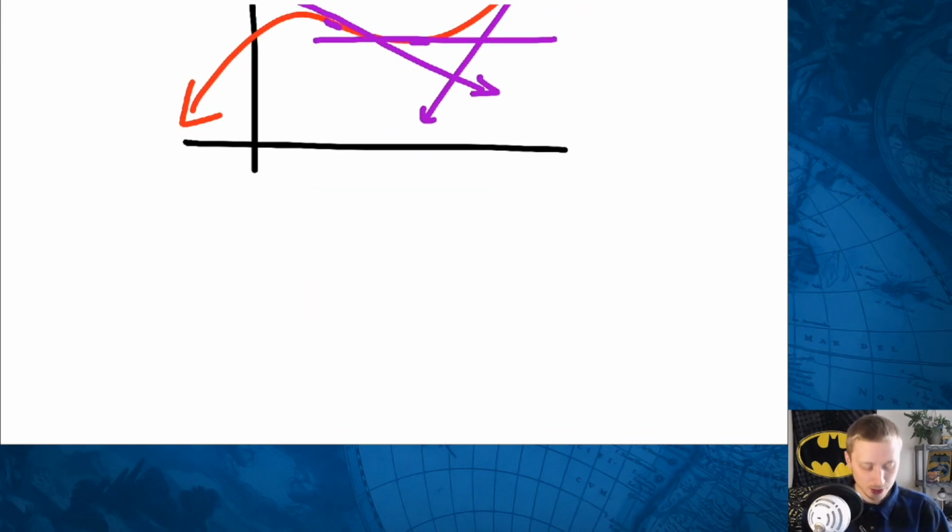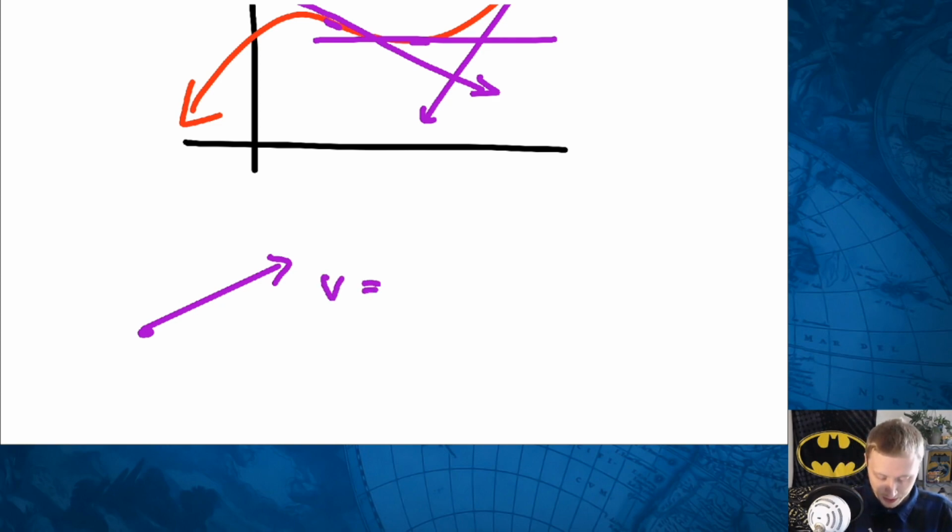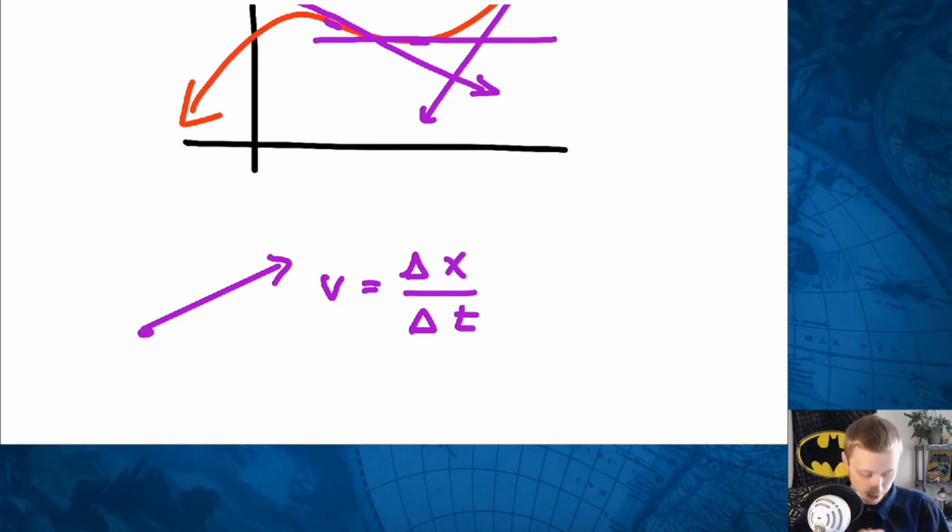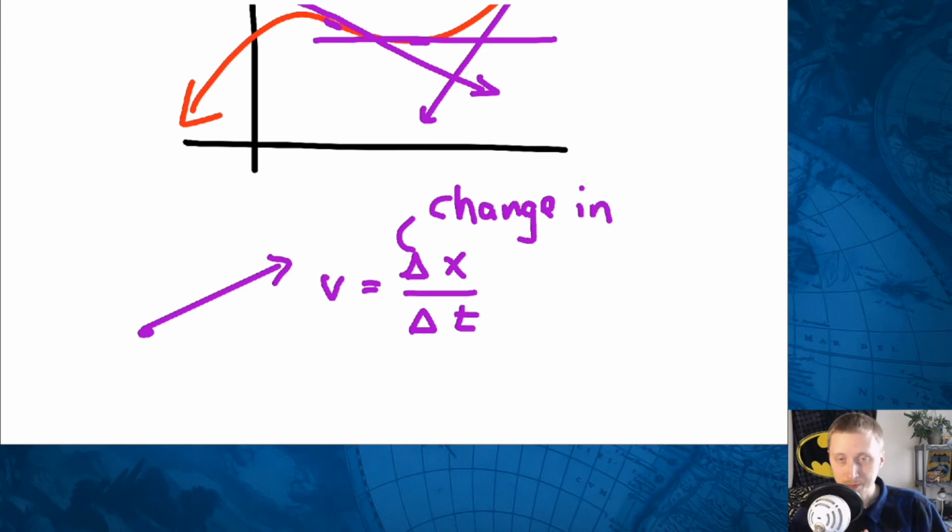Another realm where this is extremely useful would be in physics. And draw a straight arrow here. We can have a vector representing some velocity. And if this is a velocity, well, that's a change in the position over a change in time. All those deltas, right? That means change in. Bonus topic: learn the Greek alphabet. Okay, it'll really help. Triangle, capital delta means change in most mathematics and physics settings.